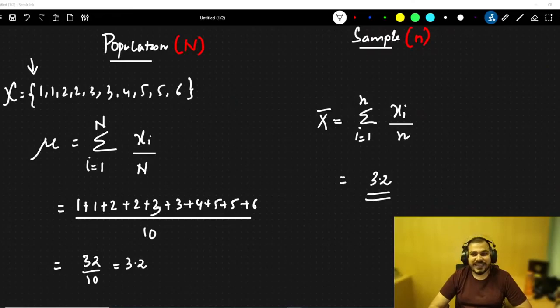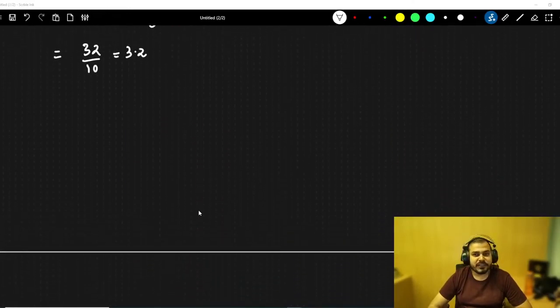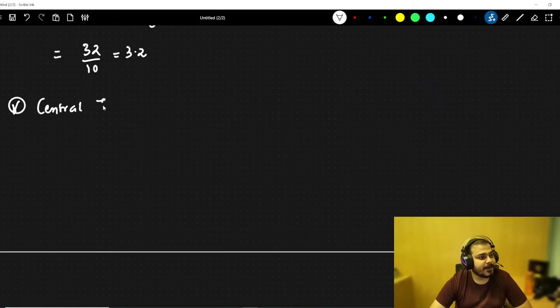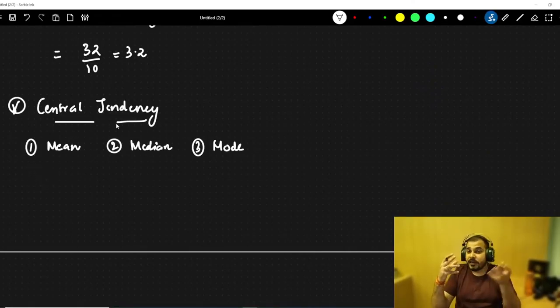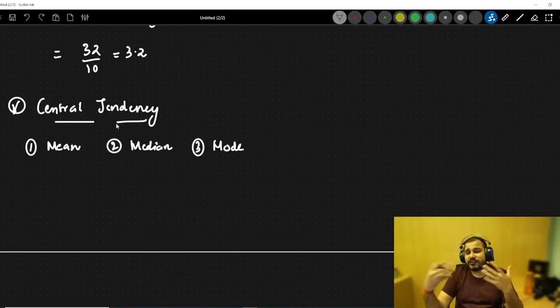Mean is part of the central measure of tendency. Apart from mean, there are two more things. Let me define what central tendency is. The central measure of tendency has three main things: one is mean, second is median, and third is mode. Now, I really want you to understand this, because it is a very important interview question. If someone asks you what is central tendency, or what is a measure of central tendency,